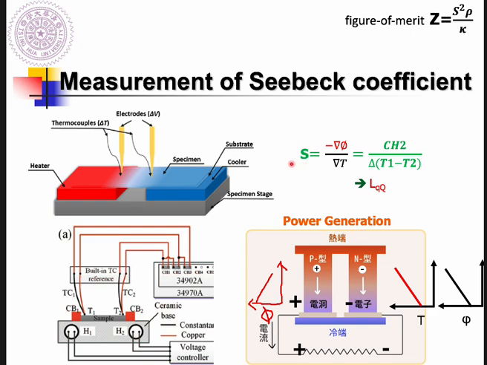And for application, because it's just one material, the generated electrical potential gradient is tiny. It's difficult to really be a power generator. So most of the time, when you see a real device, a thermoelectric device serving as power generation, usually they have at least like 100, even 1,000 couples of this kind of PN